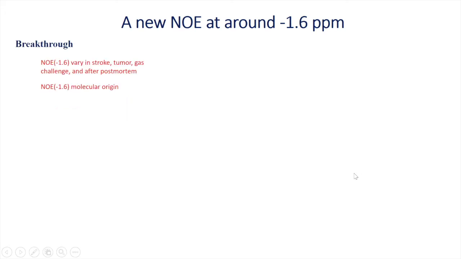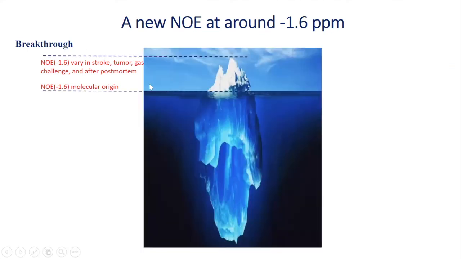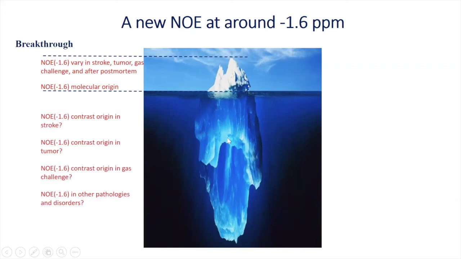Okay, so in this study about the NOE, we found that NOE varies in stroke, tumor, gas challenge, and after postmortem. And the NOE molecular origin may be from the choline head group. But it looks like what we found is just the tip of the iceberg. So there are a lot of things that we need to discover, like the contrast region in stroke. Could that be due to